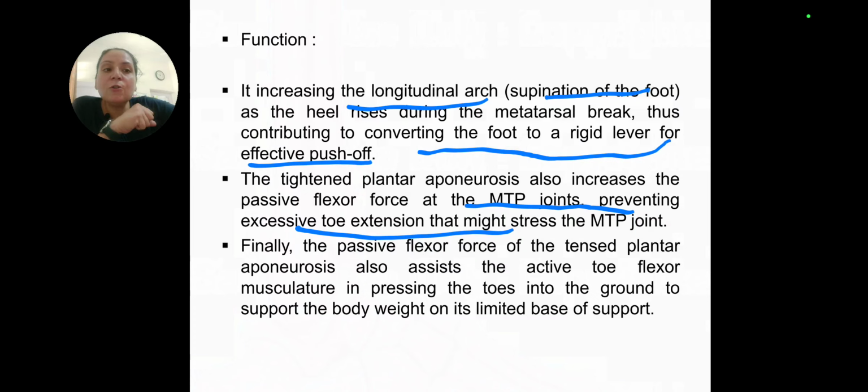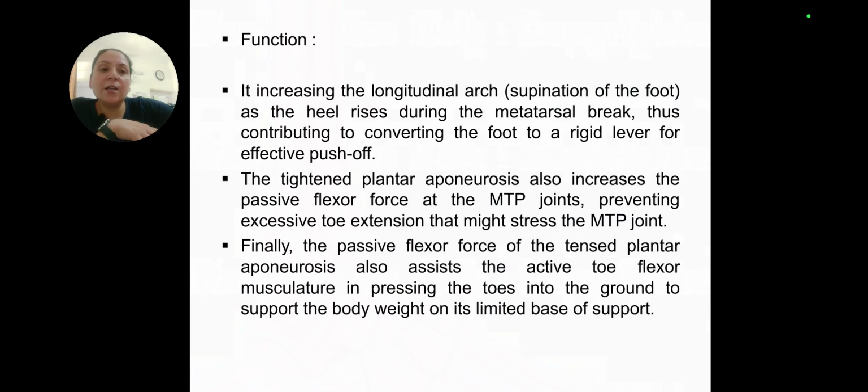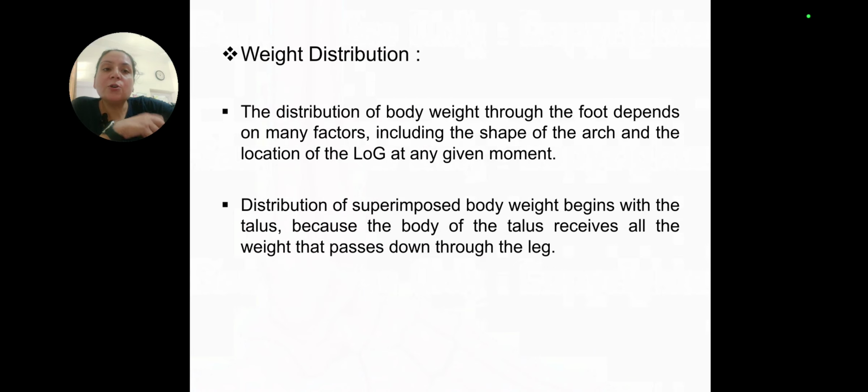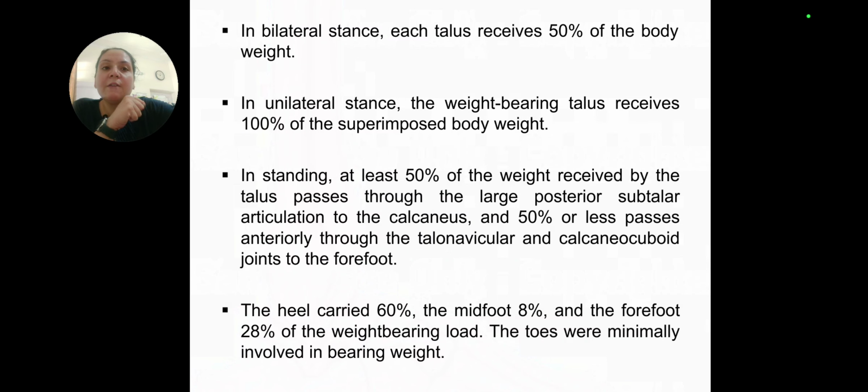Fine. And it also resists active toe flexor mechanism, and it basically holds the MTP bones and prevents them from excessive load. It basically shares the load at the first and the second MTP joint. Fine. So this is the major role over there. And in weight bearing also it plays a very crucial role because the shape of the arch has been changed, and the talus plays a very important role in dissipation of the forces. Superimposed body weight can be easily given.